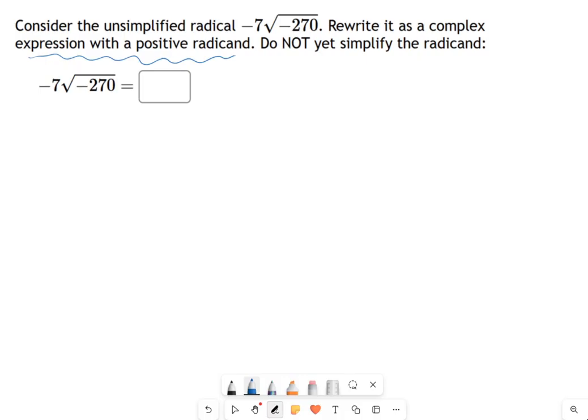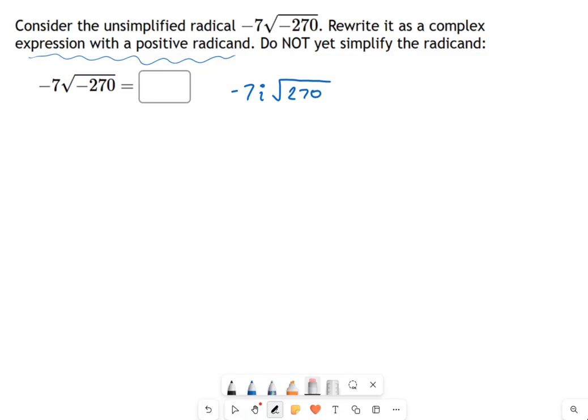If you remember the rules of square roots, you can't have a square root of a negative. And the way we handle that is we take that negative sign, we drop it, or we move it outside the radical. And the way it shows up outside the radical is an i. Okay, that's what the negative sign inside the square root turns into. Now we still have the -7 that started outside. Okay, you can't get rid of that.